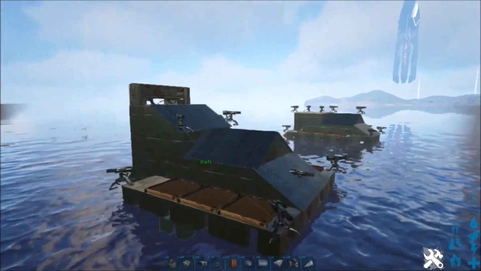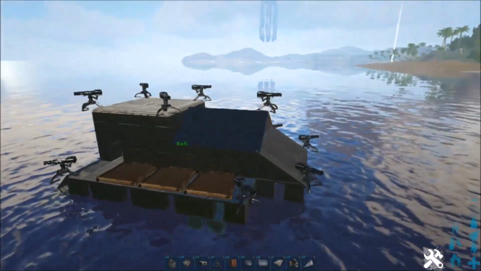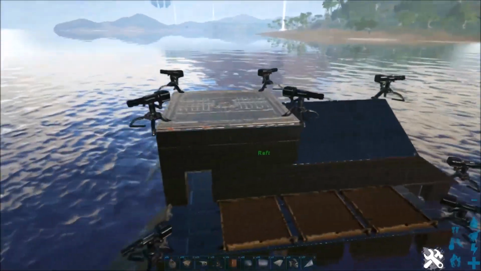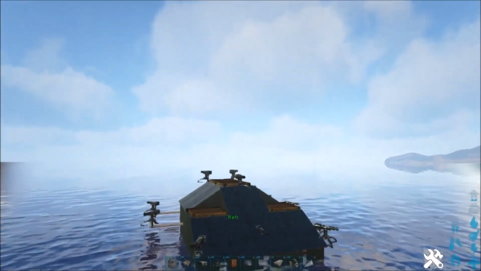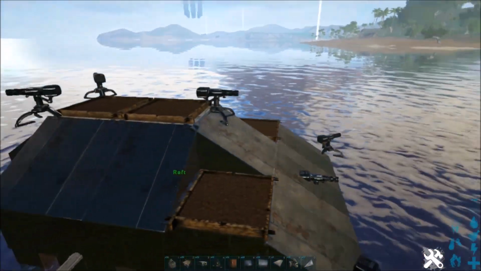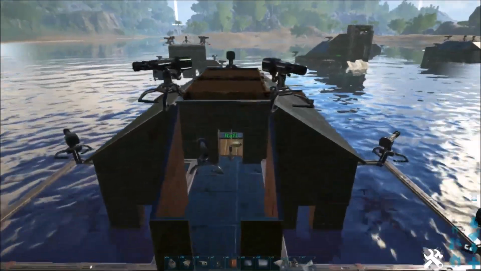I've got this as an all-in-one base using a dino gate, and this is an all-in-one base using a dino gate, using a large hatchery. And this is the one that I decided to go off of, also based on the light carrier, only it's got the one and it's on the back